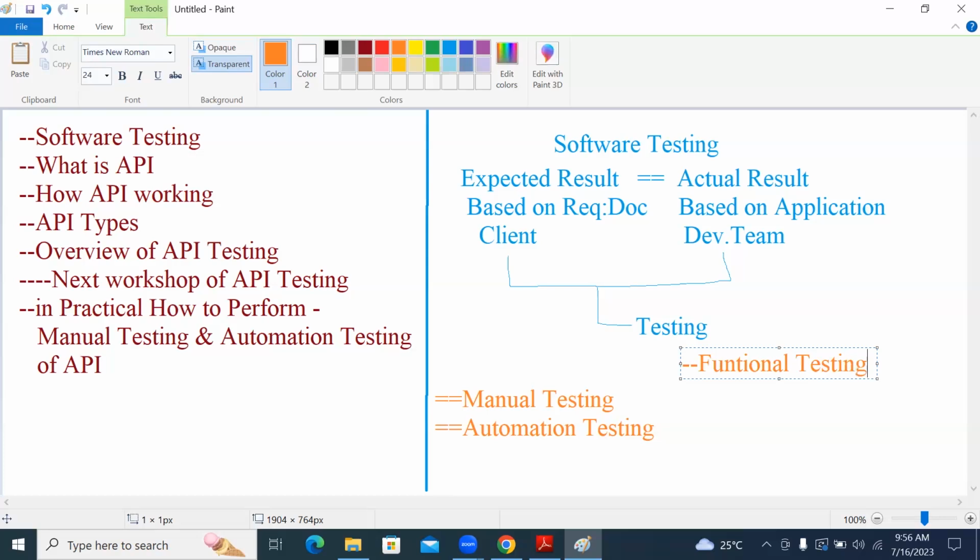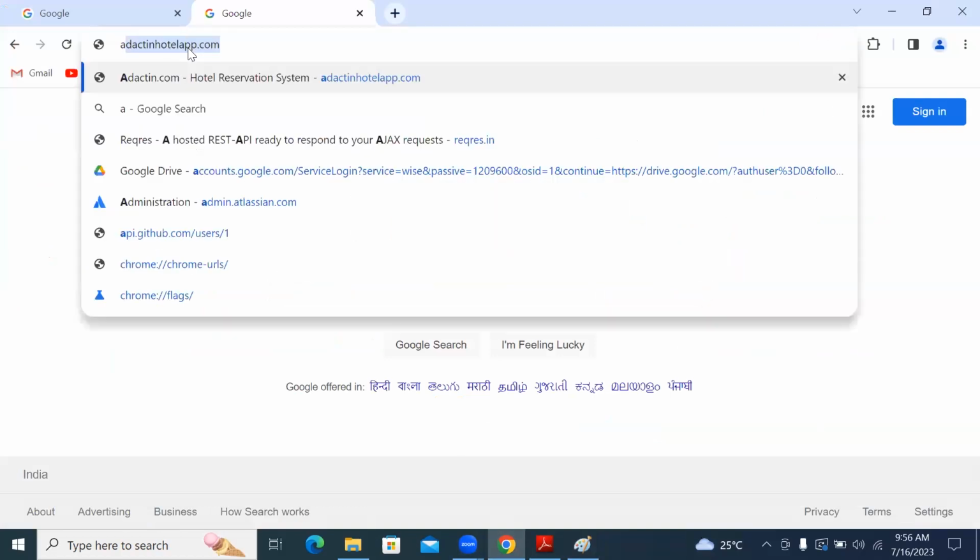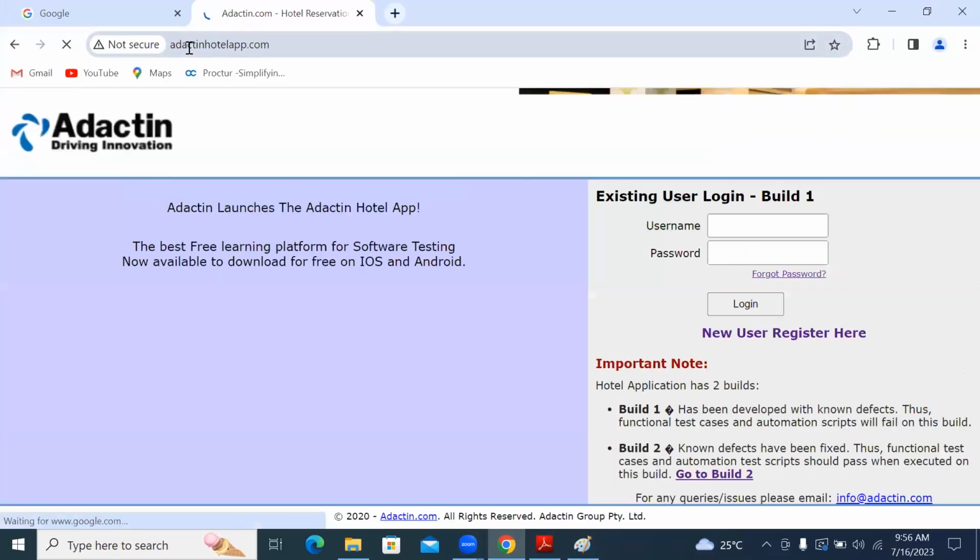Functional testing is nothing but functionality testing: whether a particular functionality is working or not. As an example, I'm taking this application.